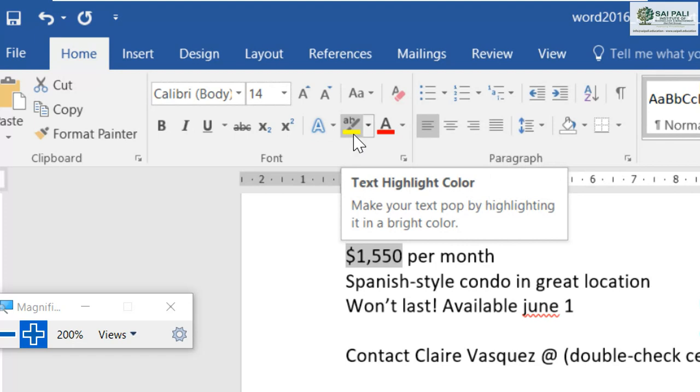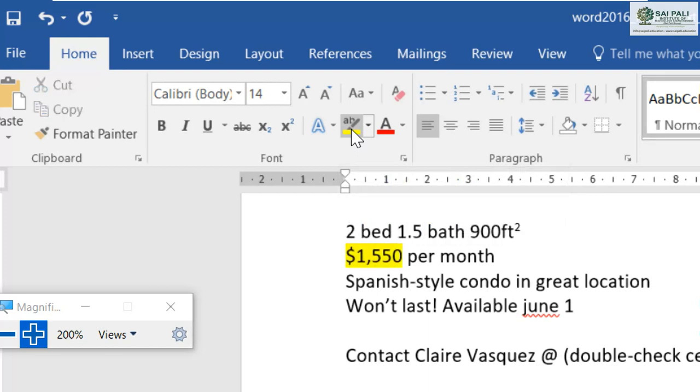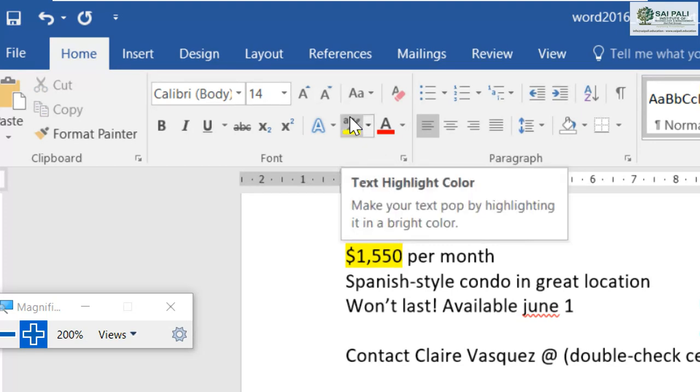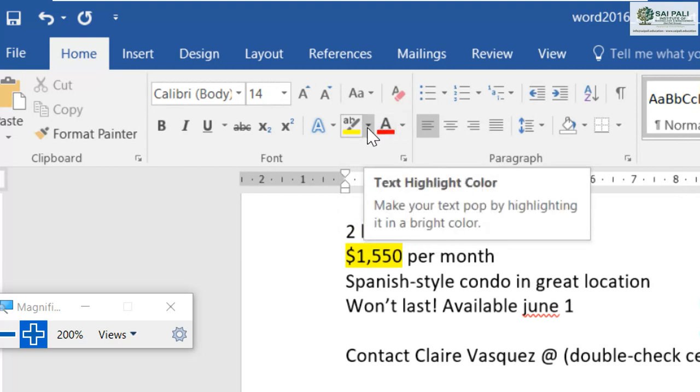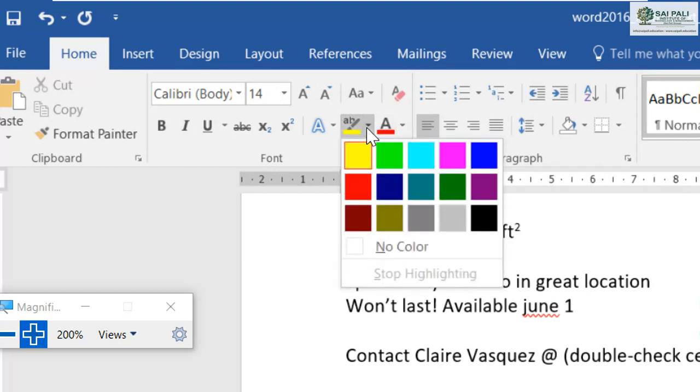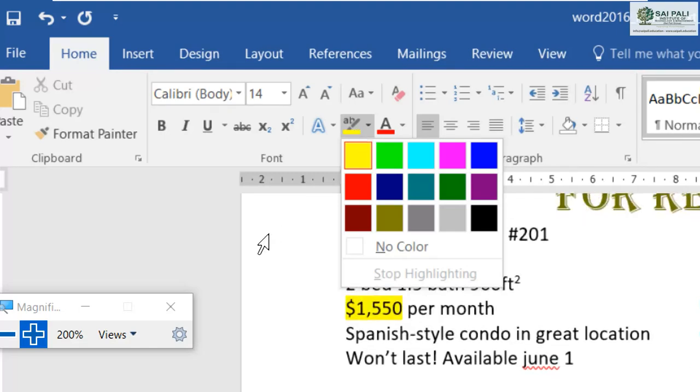So if I select the command directly, it will use that color to highlight this text. Let's say if I click here, you can see it is using the same color to highlight this text which is showing here. Now if you want some other color, like with the font color, then you go for the drop-down menu, and from the drop-down menu you can choose what color you want.